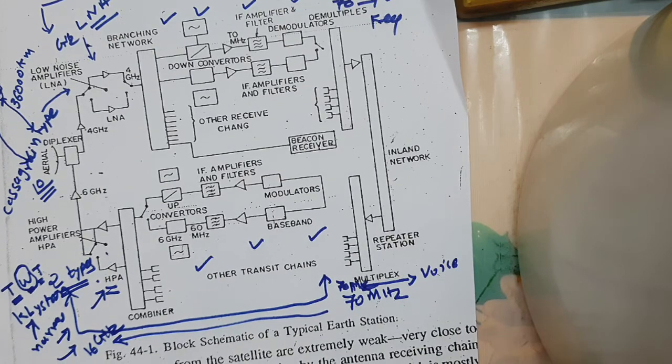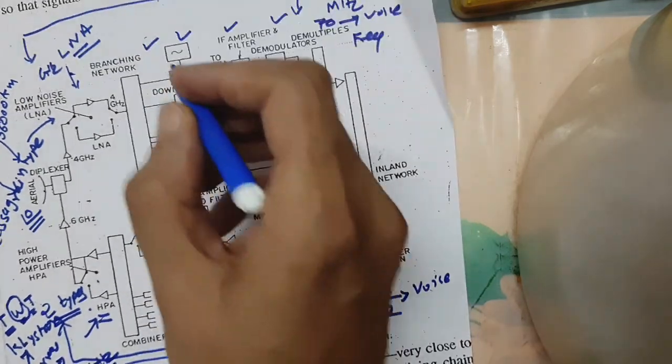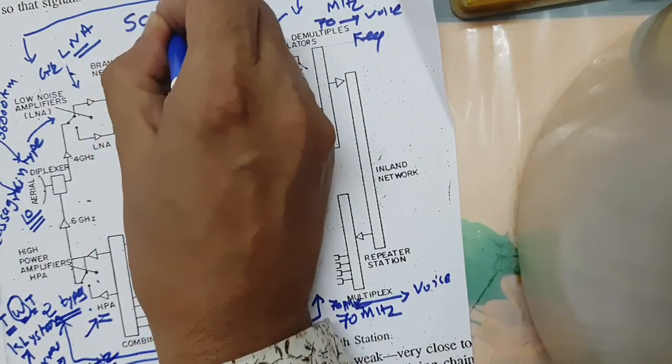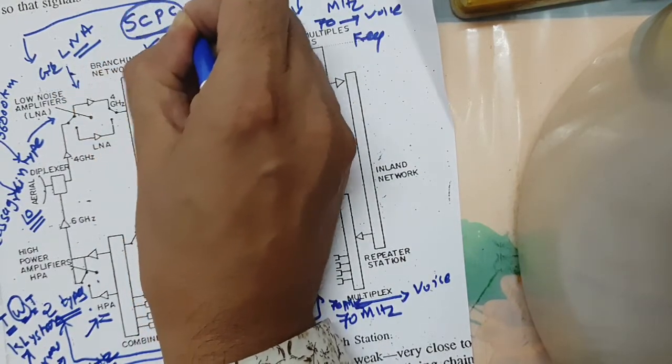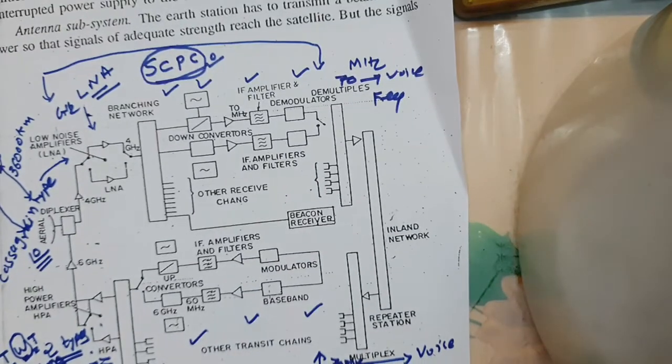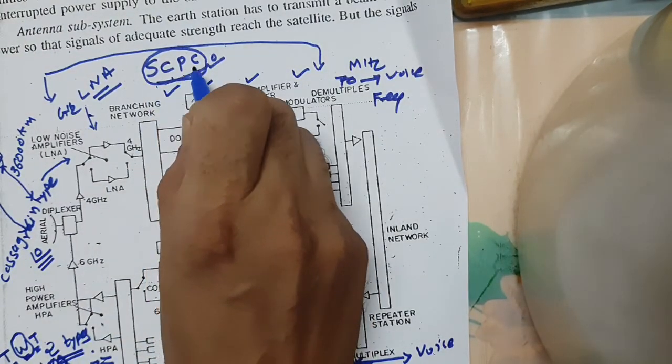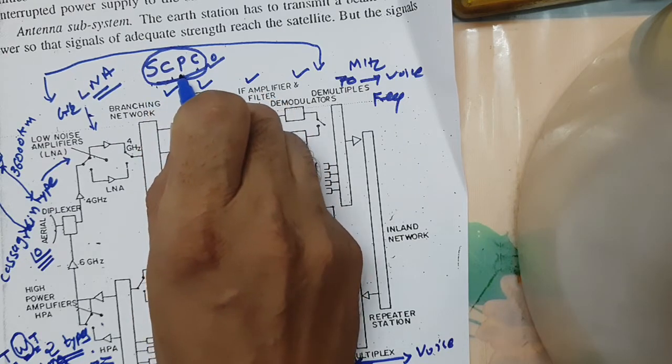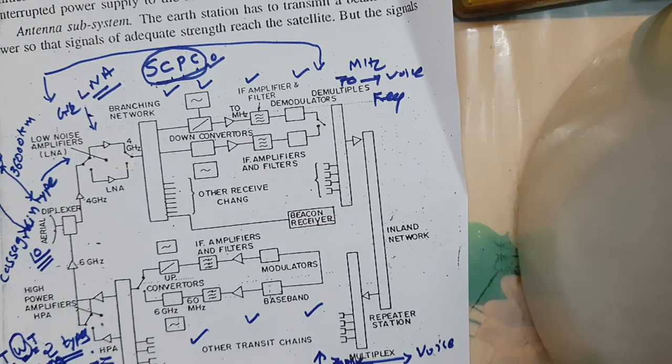Now the next one is the SCPC equipment. What is SCPC equipment? This is very important. SCPC means single channel per carrier. What is inside this? A special feature of the satellite communication system is that even a small number of speech circuits, we can say 6, 7 or up to 20, can be provided economically at inaccessible and far remote places.